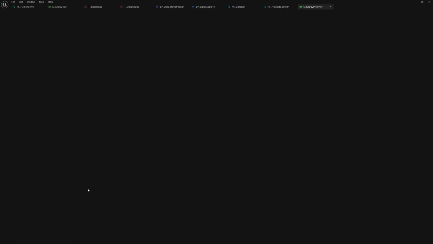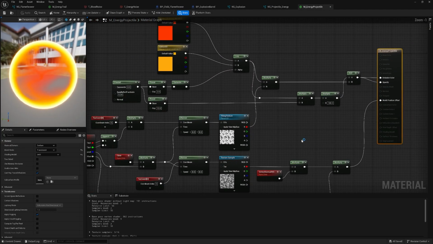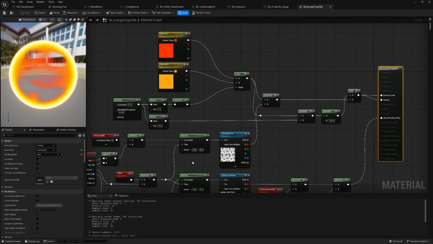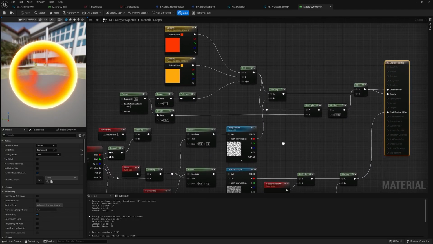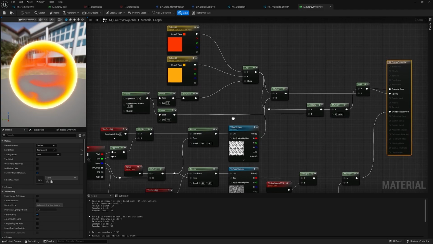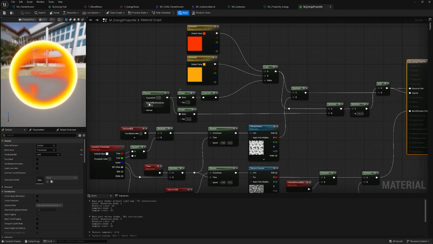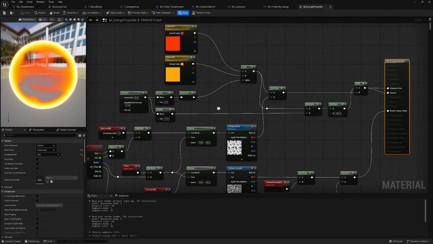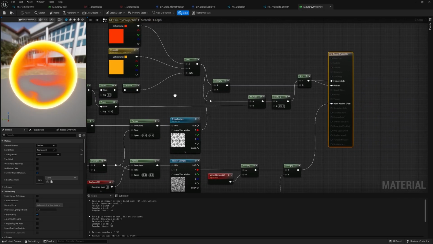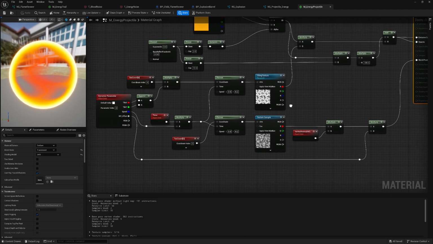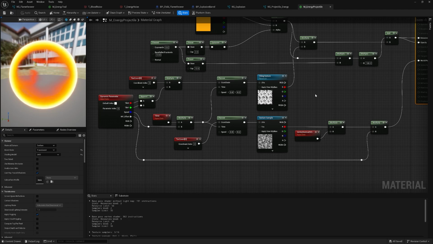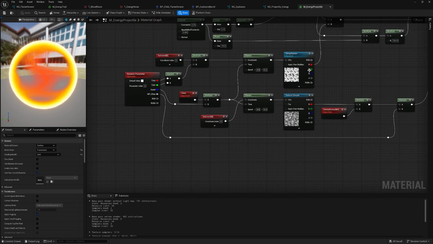So we have the energy projectile material here. Now this is doing much the same as before, except rather than using the R channel on a mask to give a gradient fade, we're using a Fresnel to give that fade from the outer edges of the material. Down here we're still doing a very similar thing with the tiling texture. This one in particular is set to the energy waves,